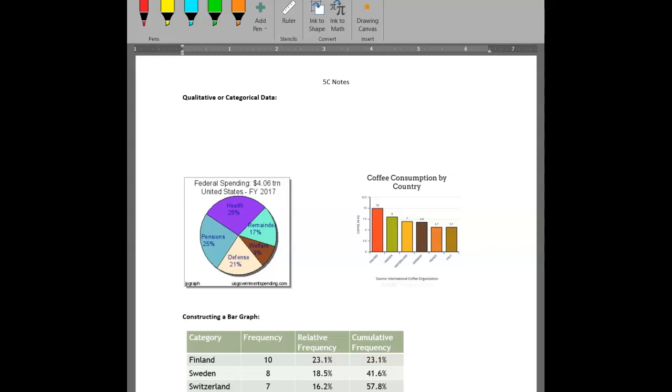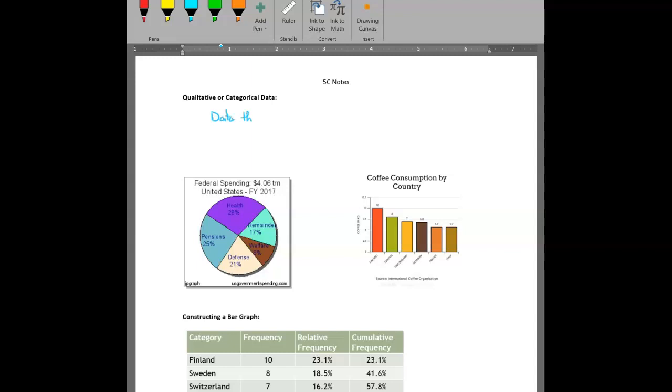Now we want to look at two types of data, qualitative data and quantitative data, and the differences between the two. So qualitative data, start there. Qualitative data is the measure, or it's also known as categorical data. So it's data that measures the qualities,